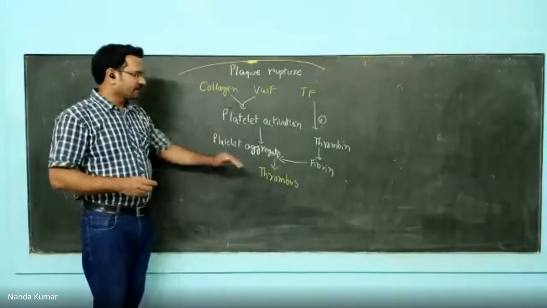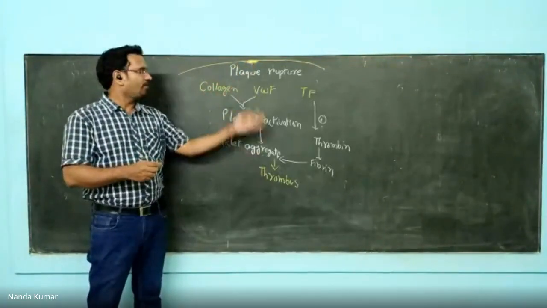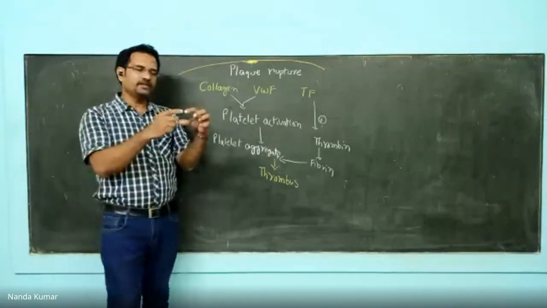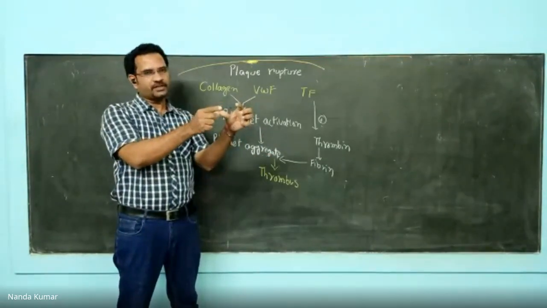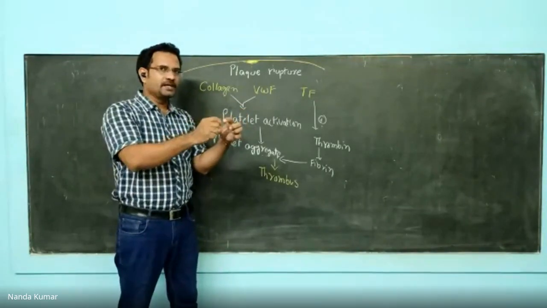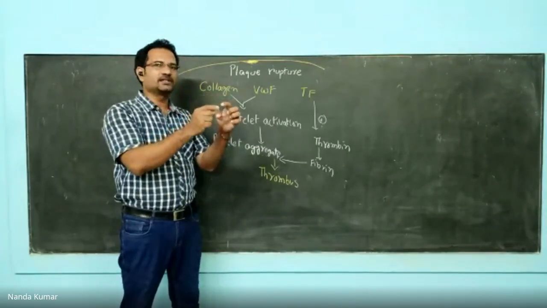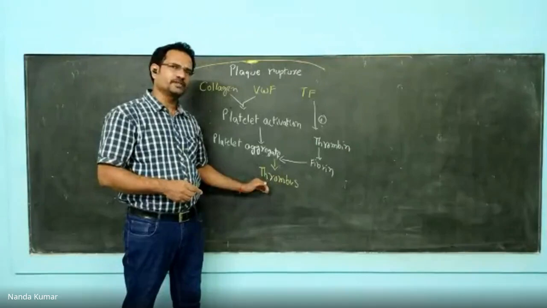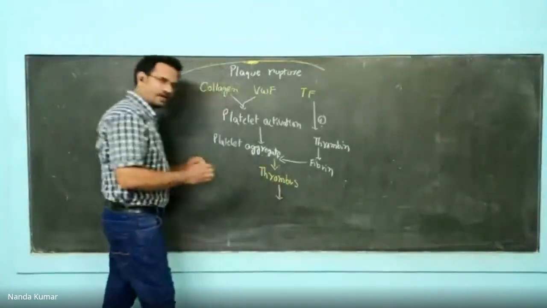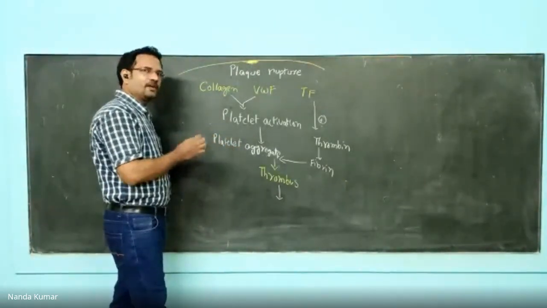Now, after that, what happens? Because of this rupture, the thrombus is trying to block that bleeding. Why is all this process happening? Whenever there is a blood vessel injury, when the blood vessel ruptures, immediately a clot forms so that bleeding will not happen. So it arrests the bleeding by forming this thrombus. After that, slowly the blood vessel healing occurs. Once it is healed, there is no need for the thrombus. So the thrombus will undergo breakdown of fibrin, in a process called fibrinolysis.